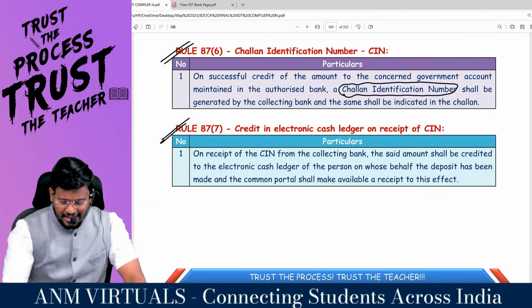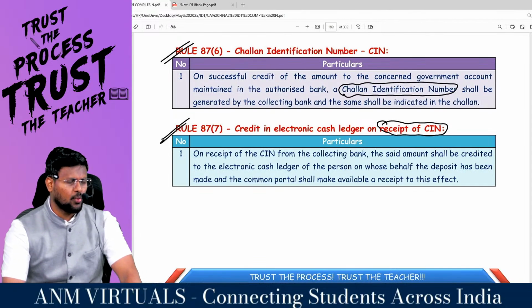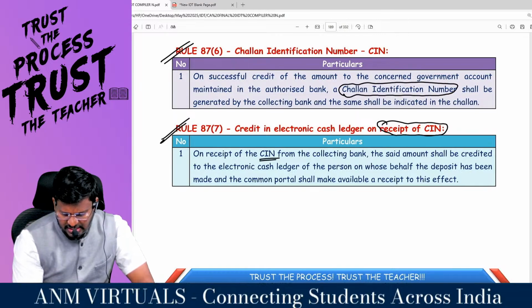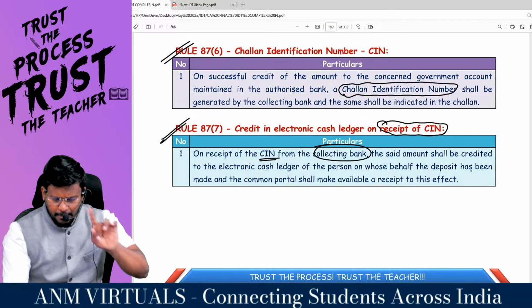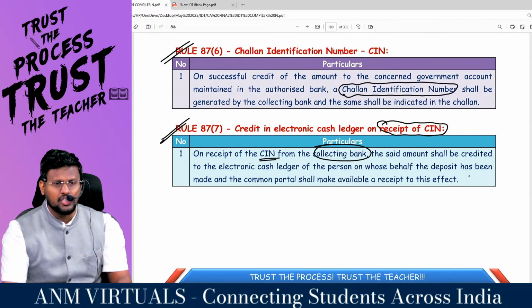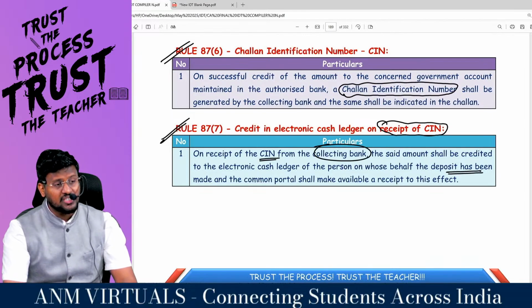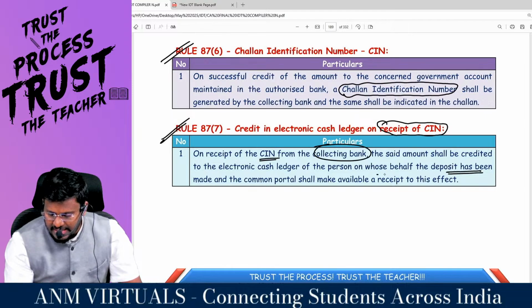Right, sir? Credit in the electronic cash ledger on receipt of what? SIN. What is SIN? Challan identification number. On receipt of the SIN from the collecting bank, the said amount shall be credited to the electronic cash ledger of the person on whose behalf the deposit has been made, and the common portal shall make available a receipt